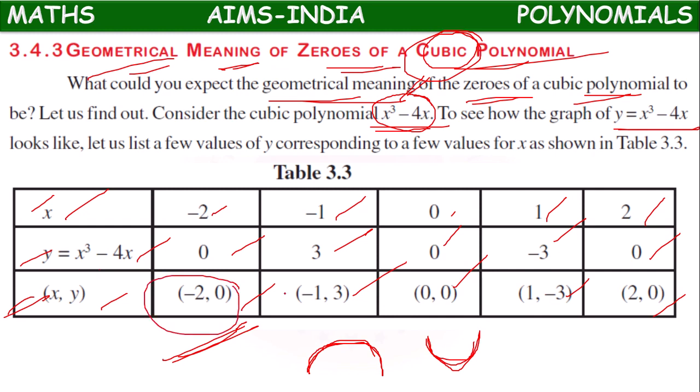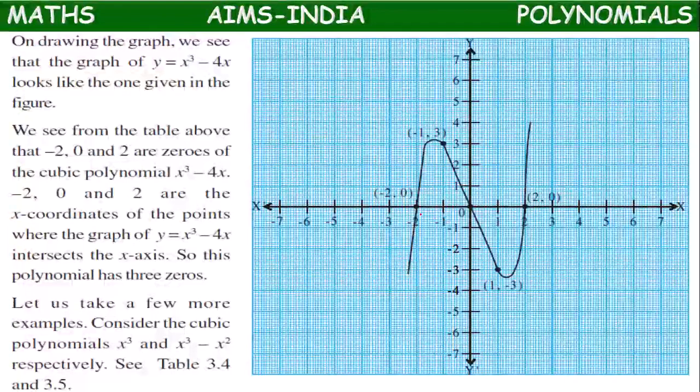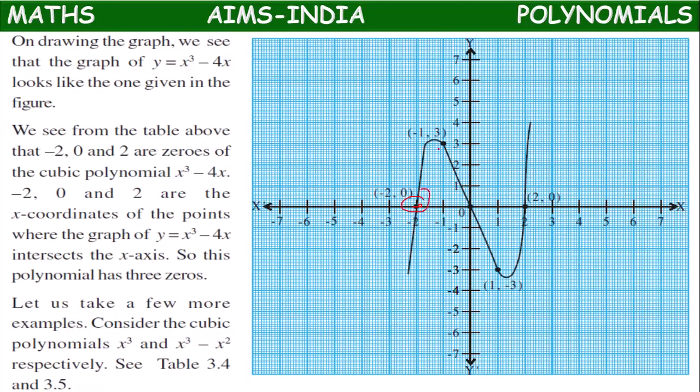Based on these coordinate values, we have to draw the graph. If we locate the 5 points on the graph paper with the help of coordinates and join them with a smooth curve,